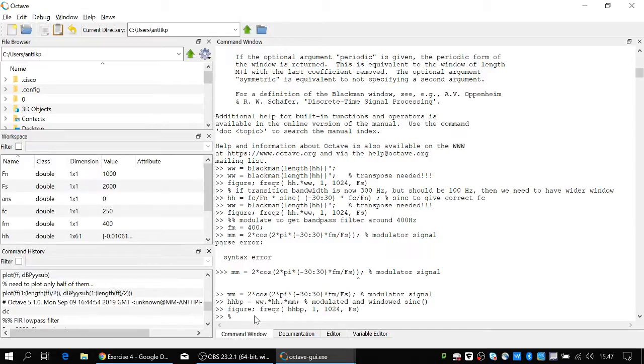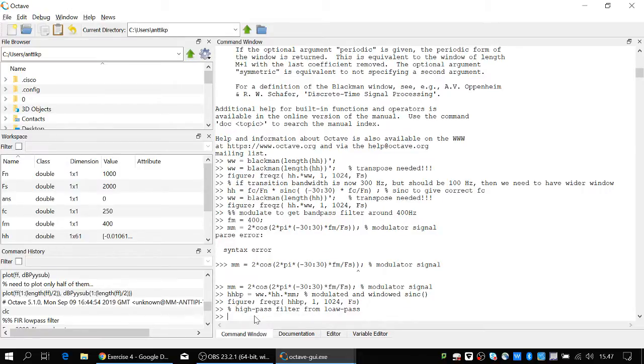How about then the high pass filter from low pass? Low pass, yeah. So we actually have the modulator as -1 to the power of n, or the cosine 2 pi n times Nyquist frequency divided by sampling rate, which means our